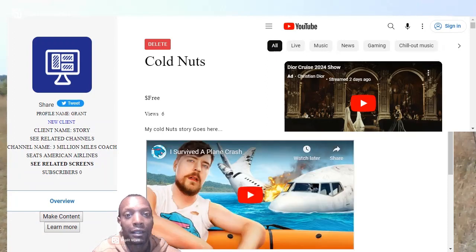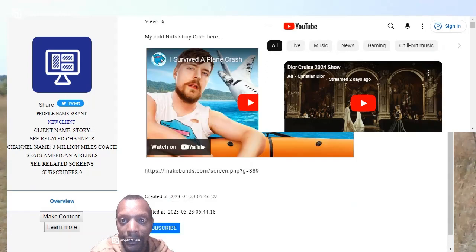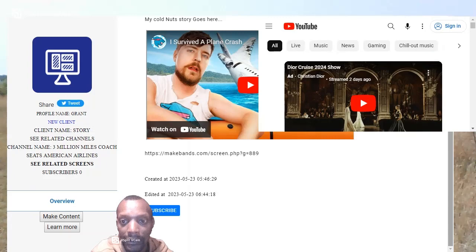This is where your story could go, and your video if you want, or let's say a Twitter tweet, or a TikTok video, or an Instagram photo, or a Google map, or a live video, whatever you want. And if you want to password protect this page, you have the ability to do that also.